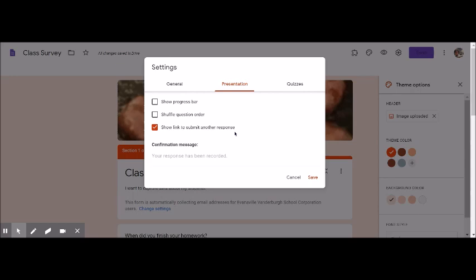Now, remember, there's the option earlier to limit to one response. So you can change that. If you turn that off, and you want them to be able to resubmit, click, click, click, and away they'll go. I can also add in here a message at the end. Thanks for your